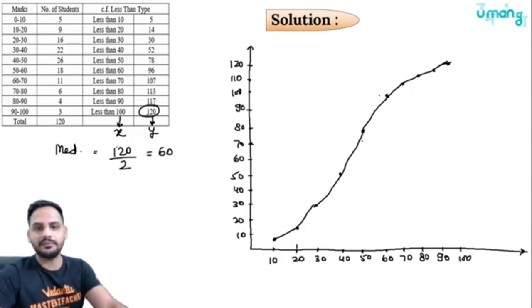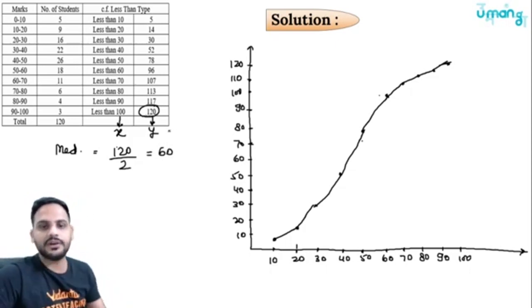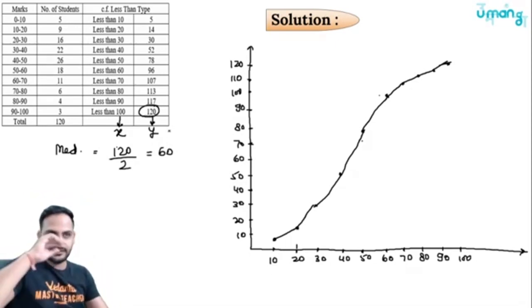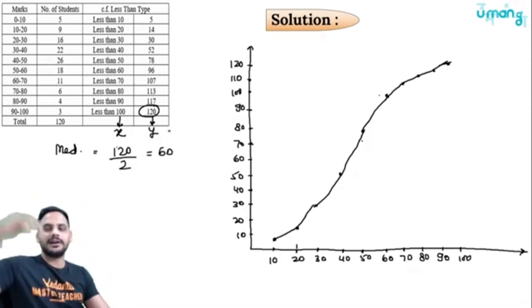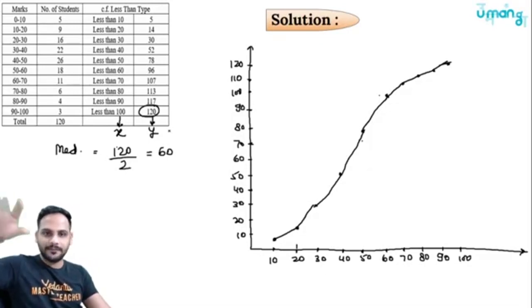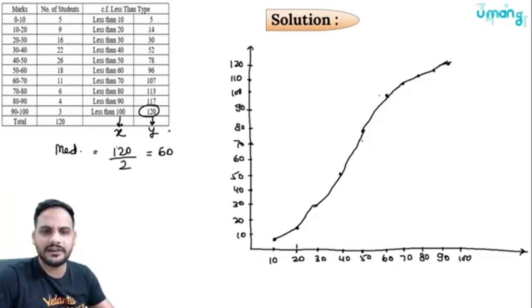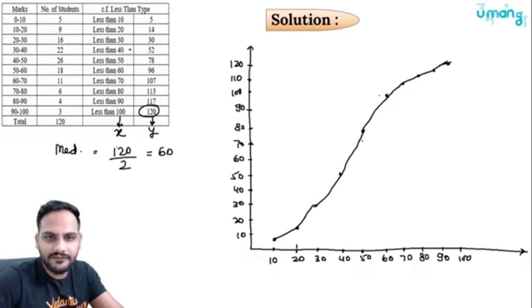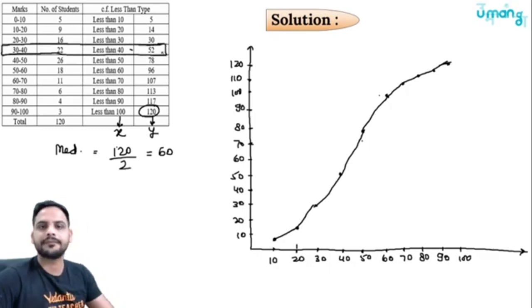Okay, for median find out the middle value. Where is the middle value? So middle value you have got 120 divided by 2 is 60. Actually, if the number of observations were even, you will do n by 2 and n by 2 plus 1th average, right? But here, since it is a group data, I am telling directly because I know 60th observation. Which one will be the 60th observation? So you can see after 52 and 78, this will be the cumulative frequency just smaller than that. So this will be my median class.